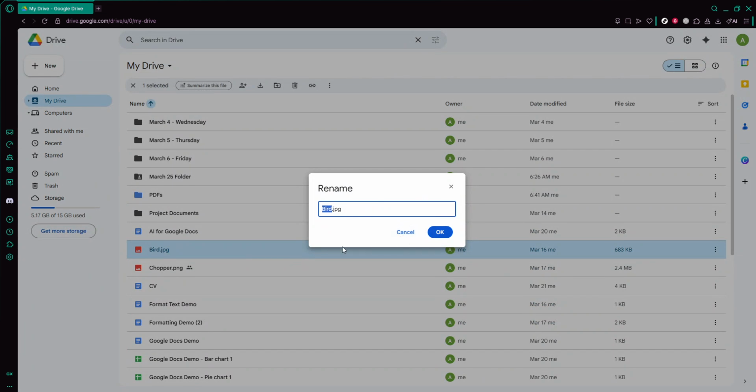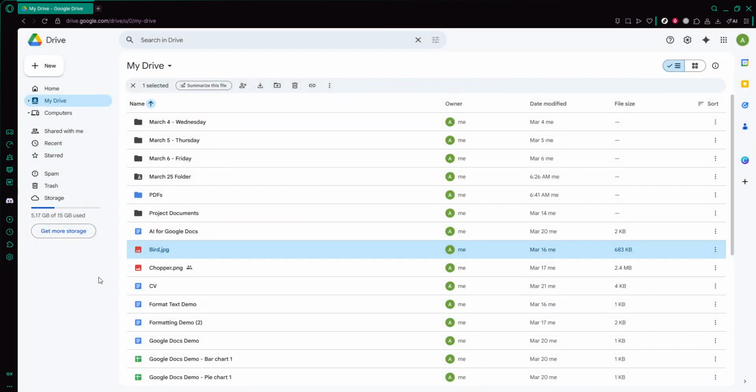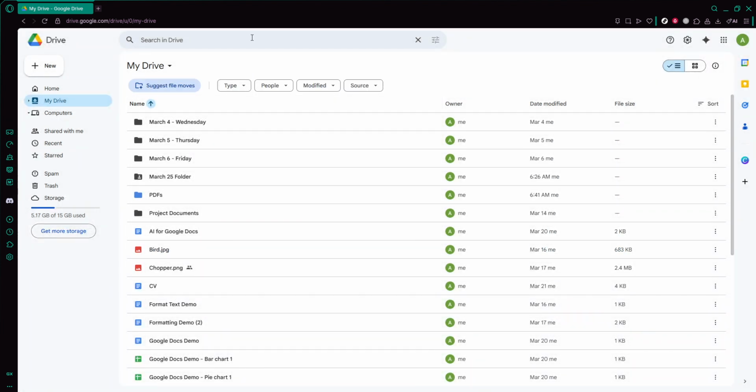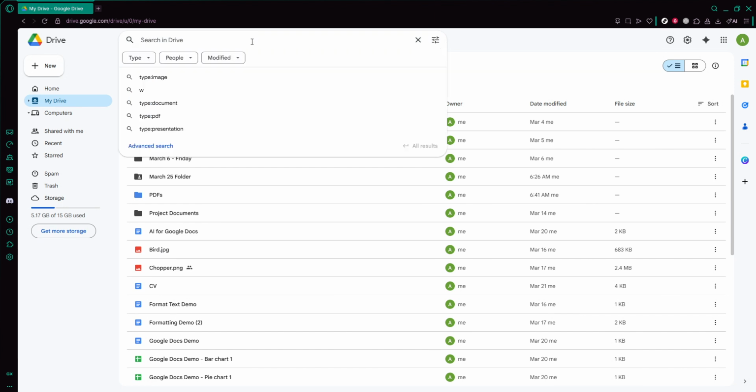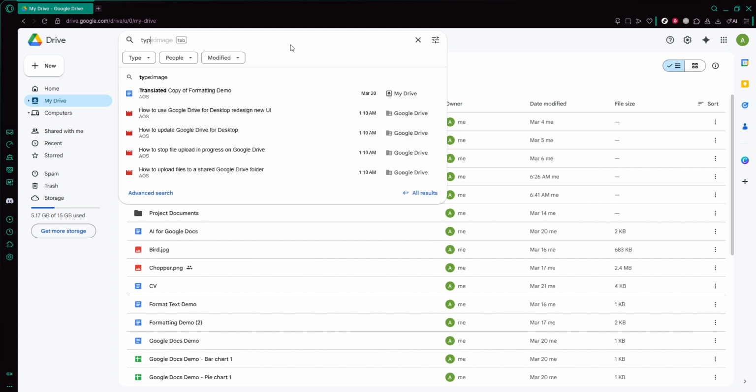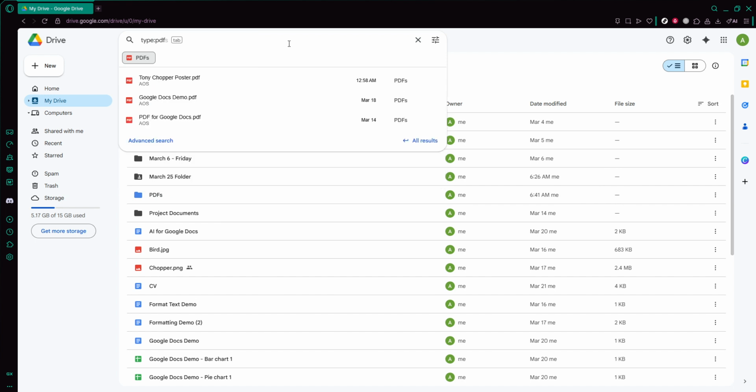the title. Speaking of search, get comfortable using the search bar at the top of Google Drive. Whenever you need something quickly, start typing part of the file name, a keyword you remember, or even the type of file like presentation or PDF. You can click the filter icon to narrow things down by file type, owner, or date modified. This is especially helpful once your drive grows larger, because even the best folder system can't replace a fast, targeted